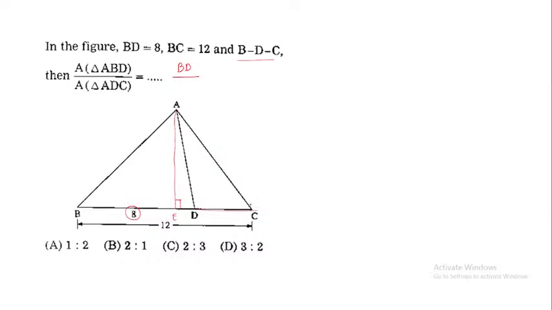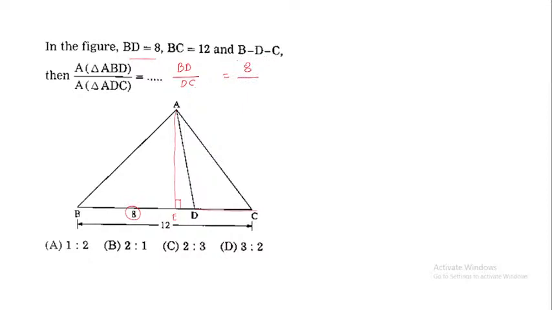That's why DC is the base, so that should be in the denominator. So if we just substitute these values, we get the answer. Now BD is given to be 8, so that is equal to 8 divided by